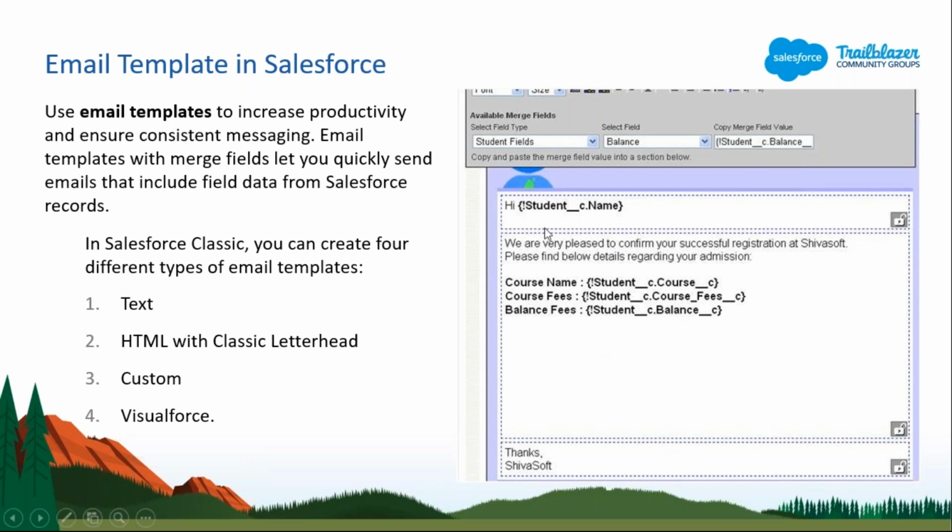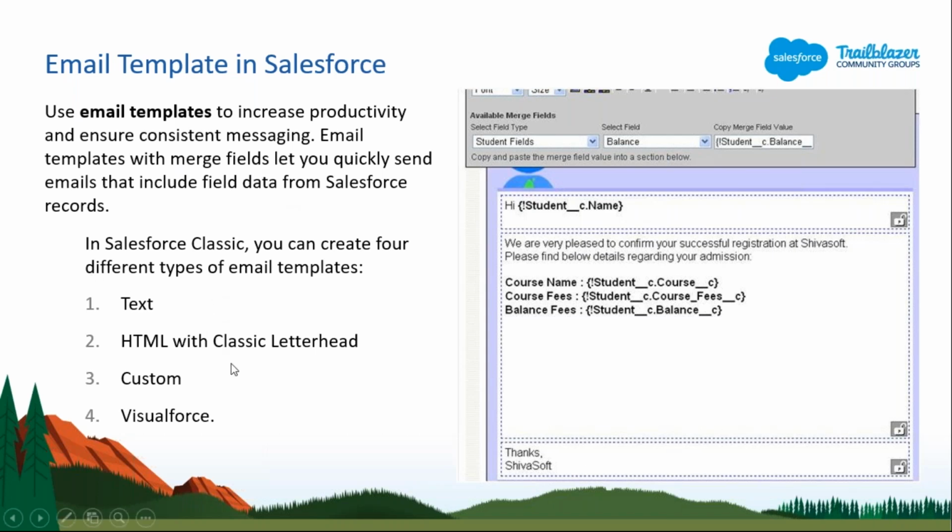And you can select the user or the email or the username to whom you want to send. You can select the signature as well. So this kind of email template you can create.